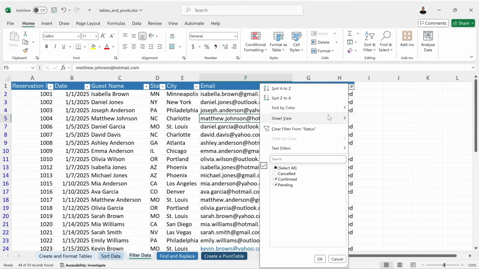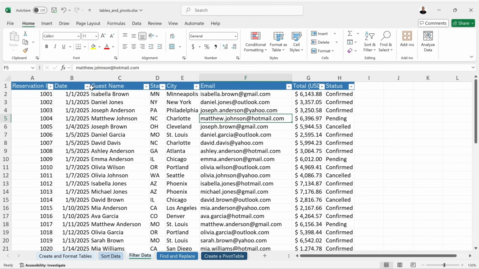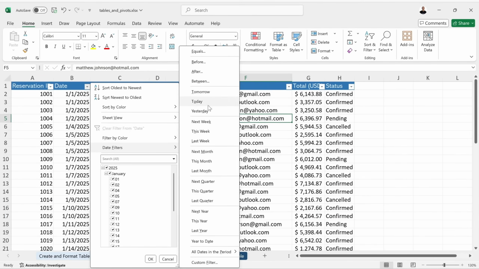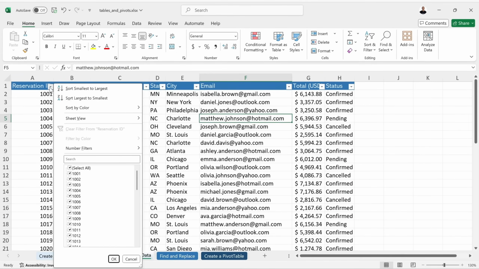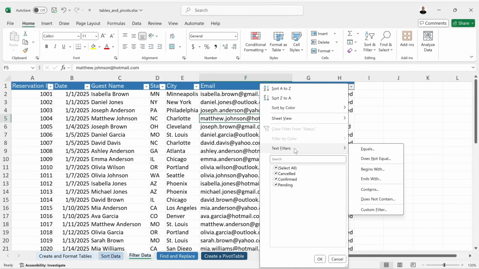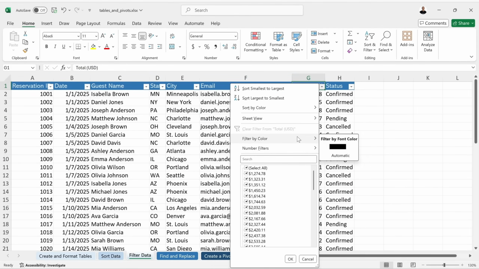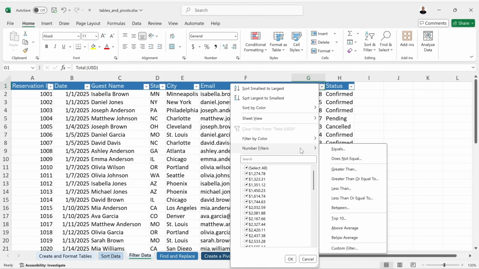You can manipulate your information with filter. It is amazing, interesting. You can filter by date. If you click here, you can see filter by month, by day, by year, depending on the amount of your data. You can filter by numbers, in this case reservation ID. You click in the arrow in text filter, you can specify equals or not equals. In this case, with numbers, you can choose filter by color or number filter equals,